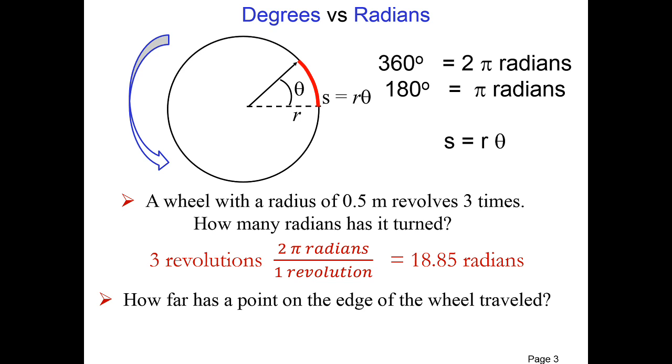The follow-up question is, how far has a point on the edge of the wheel traveled? So we know the radians traveled, and the radians is the arc length divided by the radius. So we can just multiply the radians traveled by the radius to get the distance. So 18.85 radians times 0.5 meters gives us that the outer edge of the wheel has traveled 9.42 meters. Notice this will also work for angular velocity. If you have an angular velocity in radians per second, then you can multiply by the radius to get the